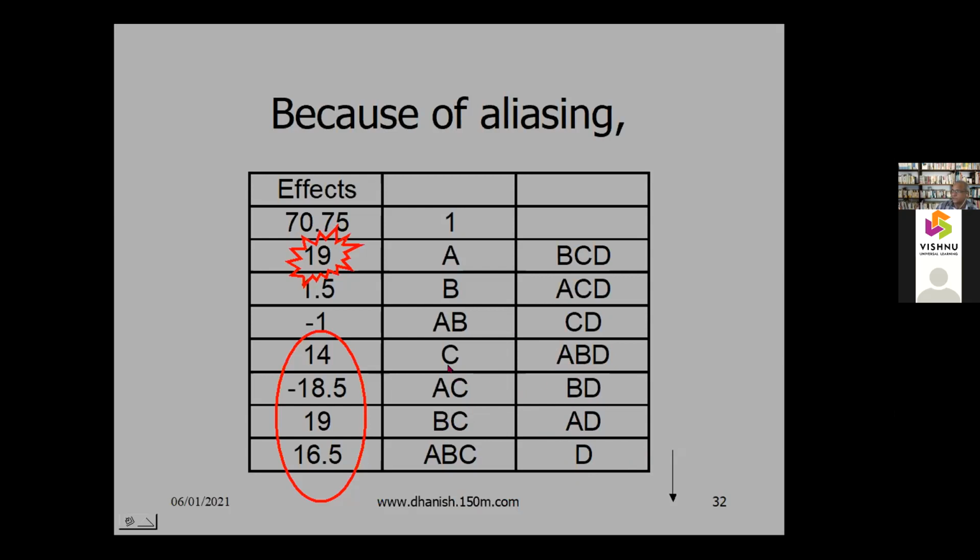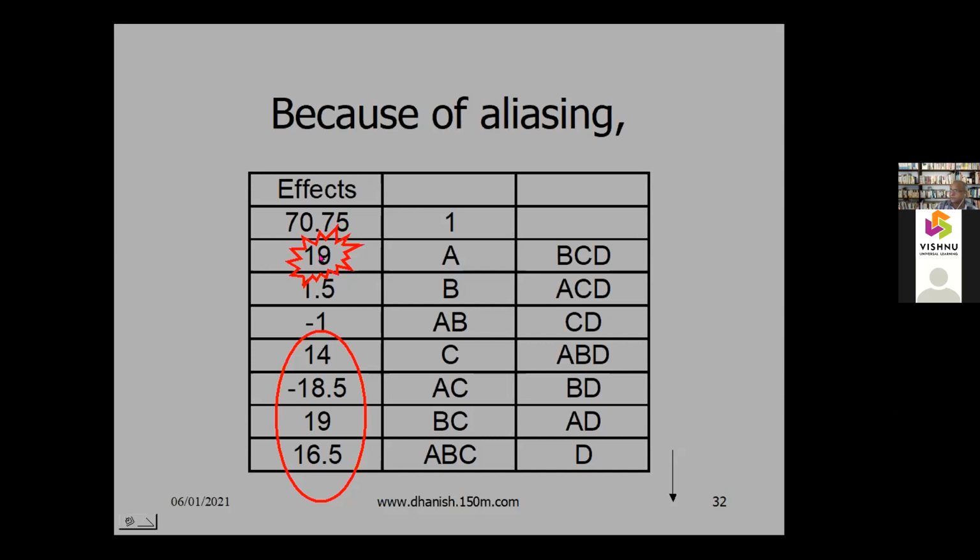And for these two, again, there is a slight doubt. So once again, we can assume the three-factor interaction to be insignificant, and this can be attributed to C, and this is AC. That is again an assumption only. Mathematically it cannot be proven. It is just like seeing a sheep in the countryside. It can be a black sheep, but mathematically you can only say the side facing us is black. The other side can be white also.